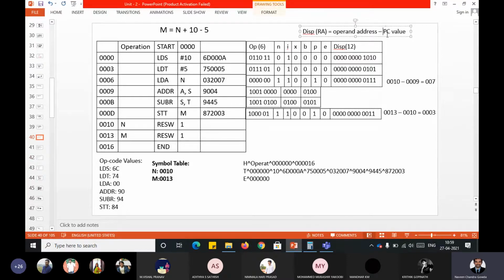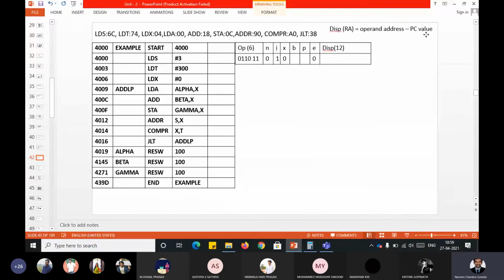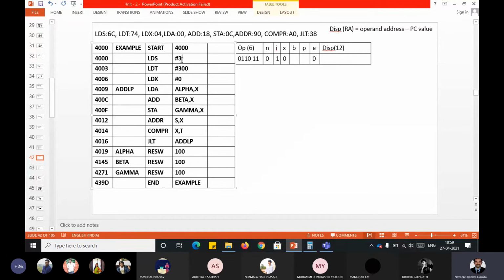I had given this in the last class as well. Now if you observe, the operand here is a direct value, which is #3. There is no address for that 3, so that 3 itself will act as the displacement. Whether decimal or hexadecimal, 3 is the same. So it is 0000 0000 0011. For finding this displacement, you used neither the base register nor the program counter register, so both B and P will be set as 00.